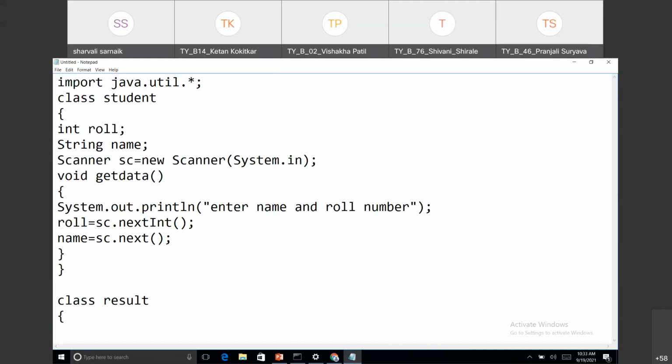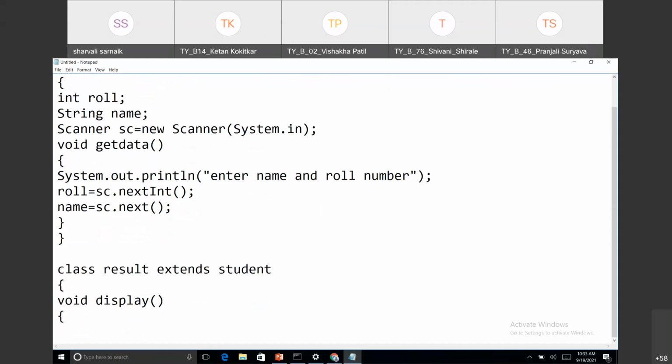So how to take the name and roll number into the result class? Simply write extends student.